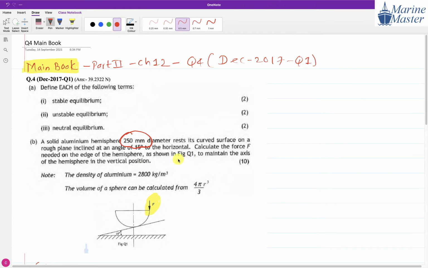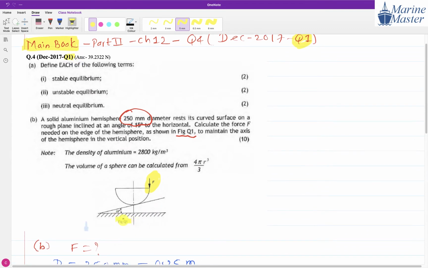Why do they say figure question 1? Because in the December 2017 exam it was question 1. Generally, whatever the number of the question, the same will be the number of the figure. That's why they have said figure question 1,